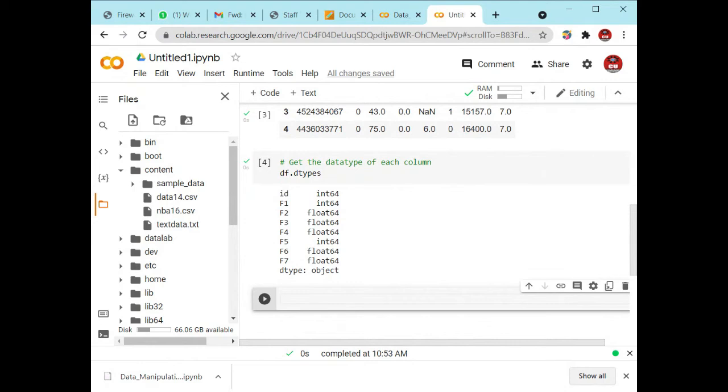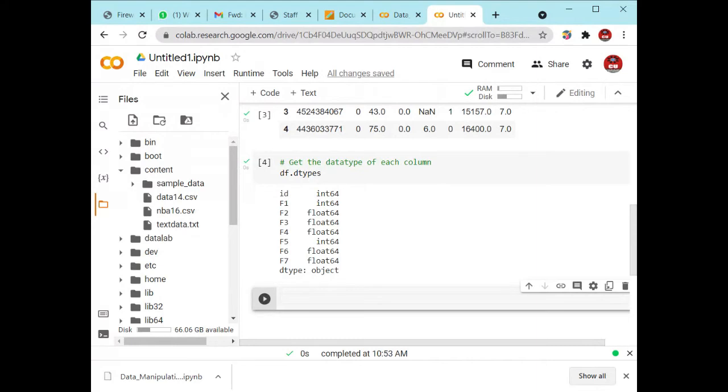Okay. So after this, we have to get the dimension of the data set. Okay. So what are the different dimensions of this data present in the df variable? So how can you retrieve the shape of this data?